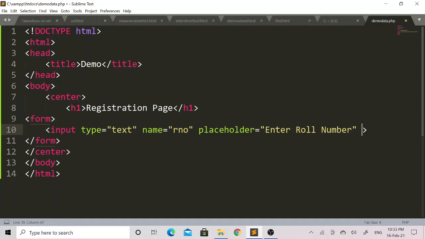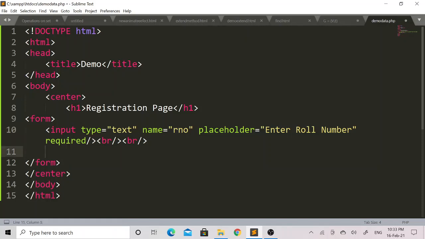Then later on I will add the required attribute. Here I have added a break tag so that the next tag will appear on the next line in my HTML web page.